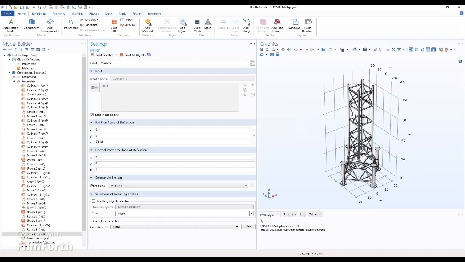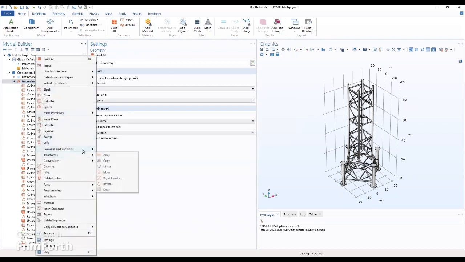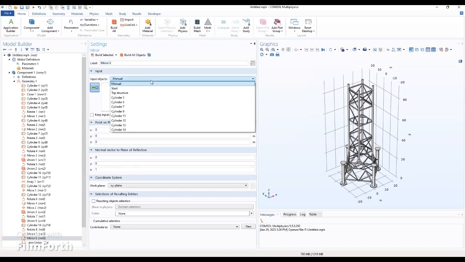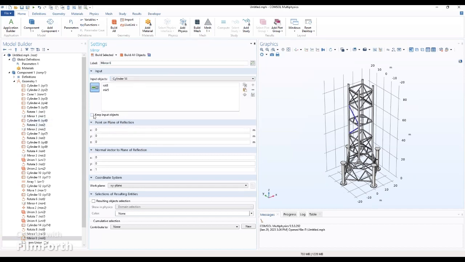So this is built, as you can see. Okay, so we move on to the next step, which will also add in another mirror. So this, the fifth mirror that we've added, we're going to add another mirror. The transforms, partitions, transforms, and mirror. Locate the input section, choose cylinder 14. We keep the input objects,